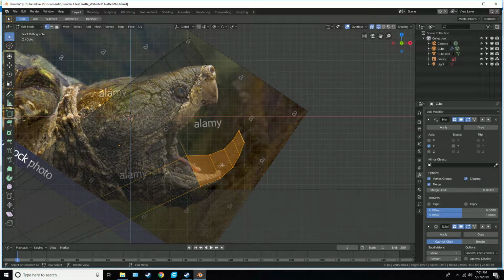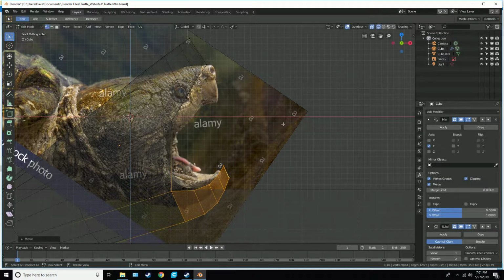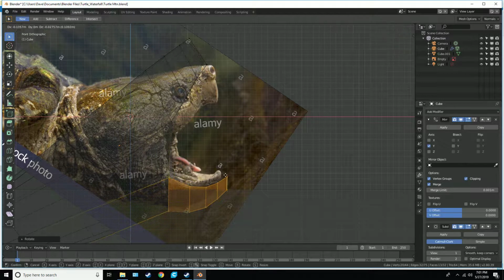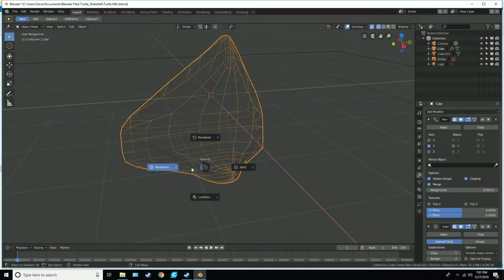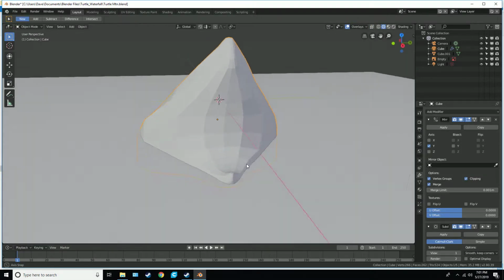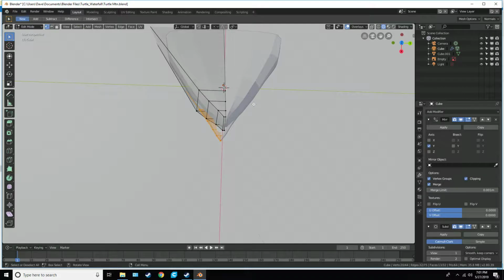And then I'm going to hit, I want it off. Oh, G, and we're going to move this guy back like this. Rotate it down, because I like the idea of that mountain in his mouth. I like it, so we're going to stick with it. Go back to solid mode. There he is. Now, to get the harder edges and not have him be so smooth, we'll use what is